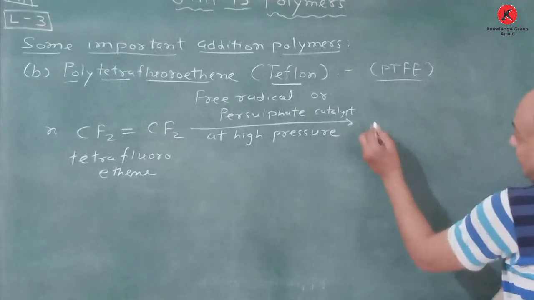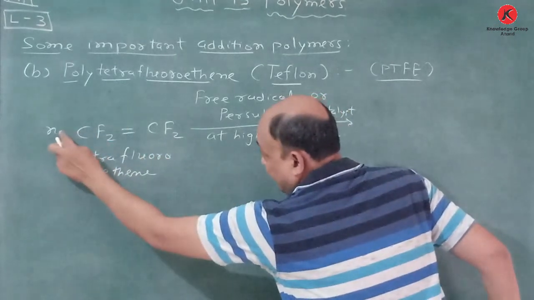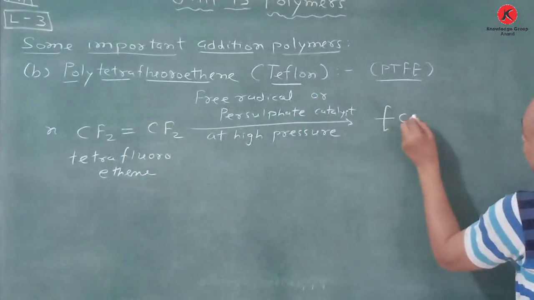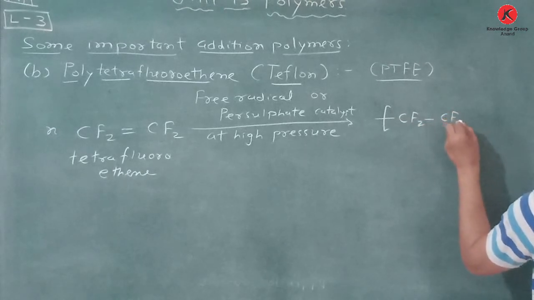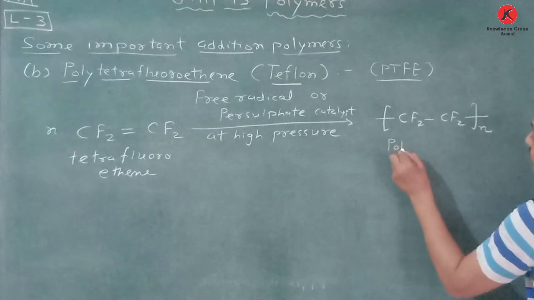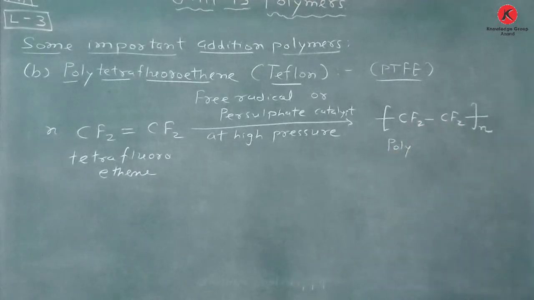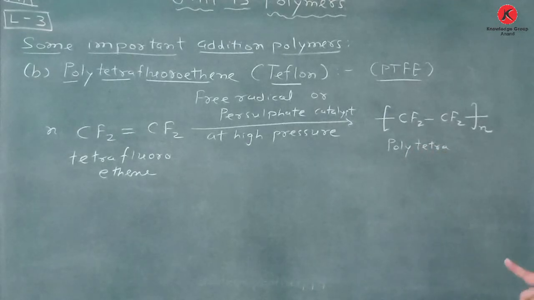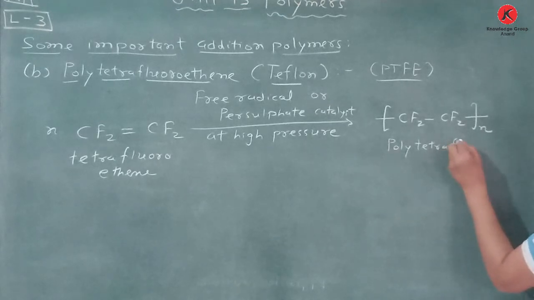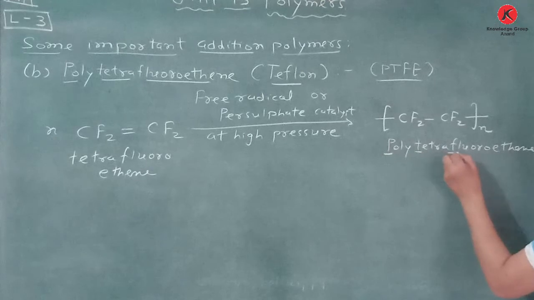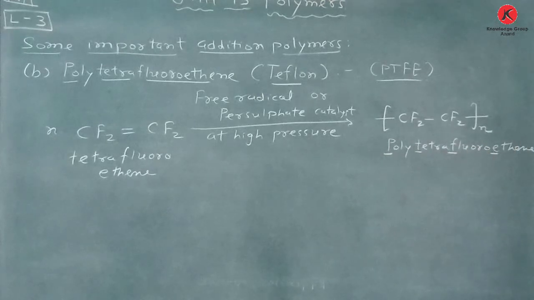This is known as double bond shifting: this CF2 comes to this side, this CF2 comes to this side. Just like this, CF2 and CF2, and a number of molecules, that's why it is known as poly. Four fluorines are there, that's why tetra, or say 1122 tetra. F is indicated by fluoro and then ethene. So this is named PTFE. This is known as Teflon.